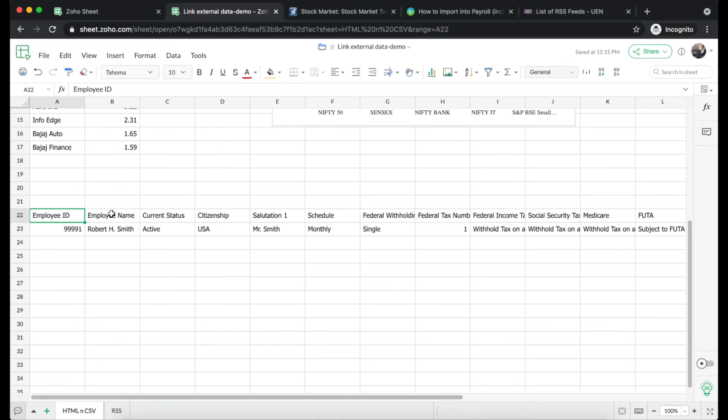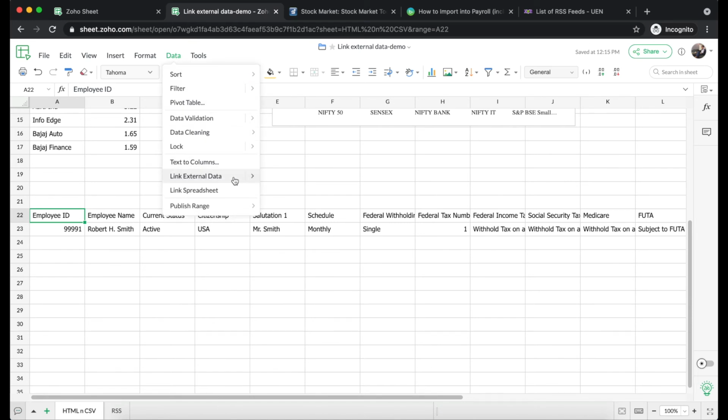So there we go. So now we have got the data from the source CSV file link. So you can see the data here spilling in from A22, that is the cell that we had selected. So this way you can use the link external data option in order to bring in data in a matter of seconds from the external sources that you have. So now that we have seen how we can bring in data from HTML and CSV sources, we have two linked data sets in our spreadsheet right now. So let's look at the manage options that are available for these data sets.